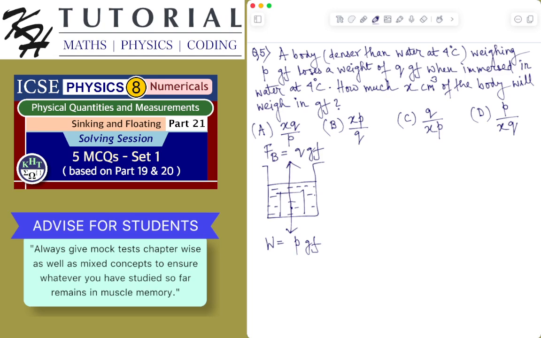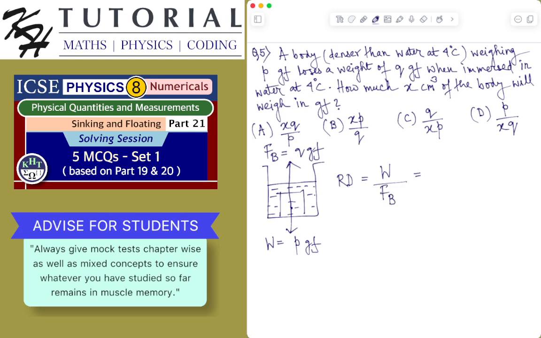Now we can easily find, if you know the density of the body in CGS, that is gram per centimeter cube, we can find the mass of the body, and from the mass of the body we can easily get its weight in gram force. We need to find the mass of X centimeter cube of the body. For that we need to find the density. We know the formula to find the relative density of a body when it is immersed in water at 4 degrees centigrade. The relative density of the body in this case will be its weight in air divided by the buoyant force,